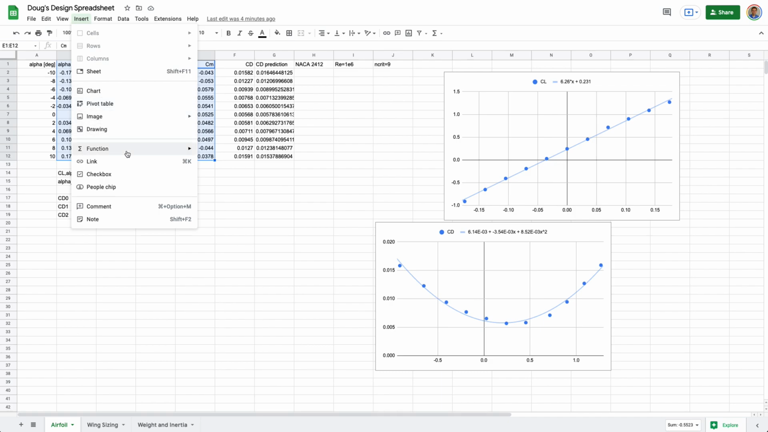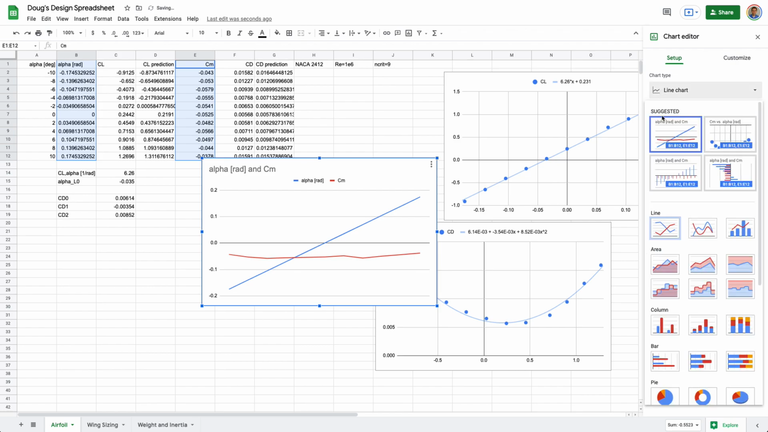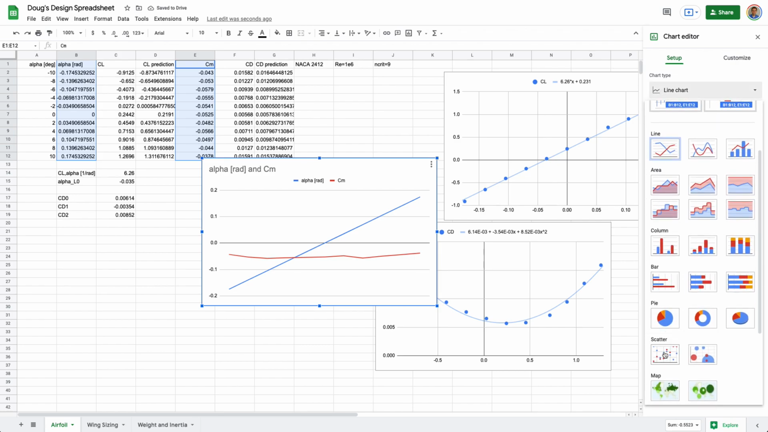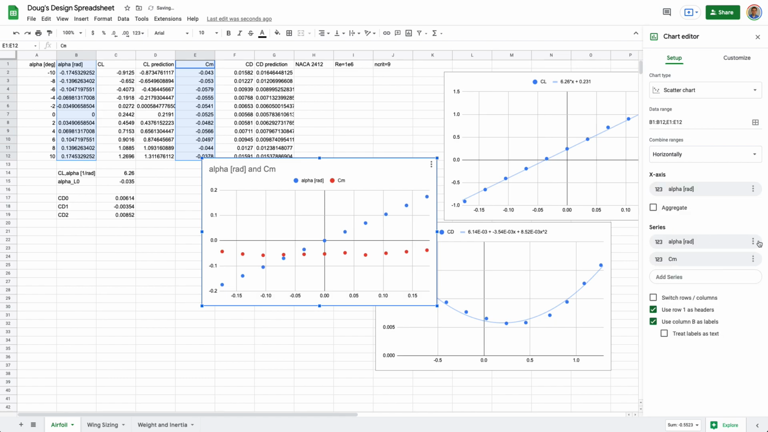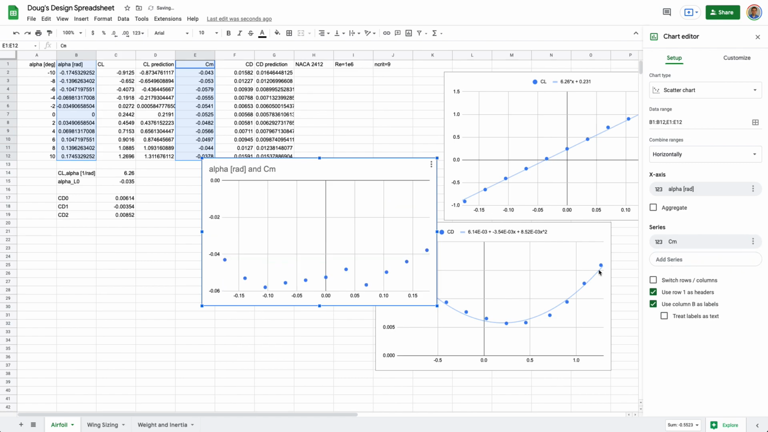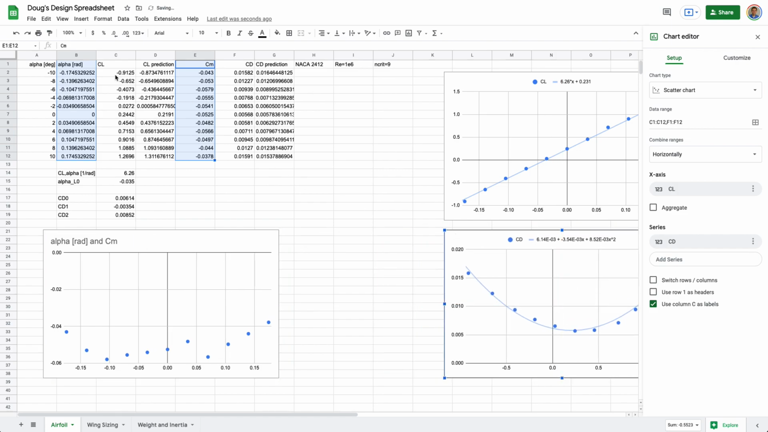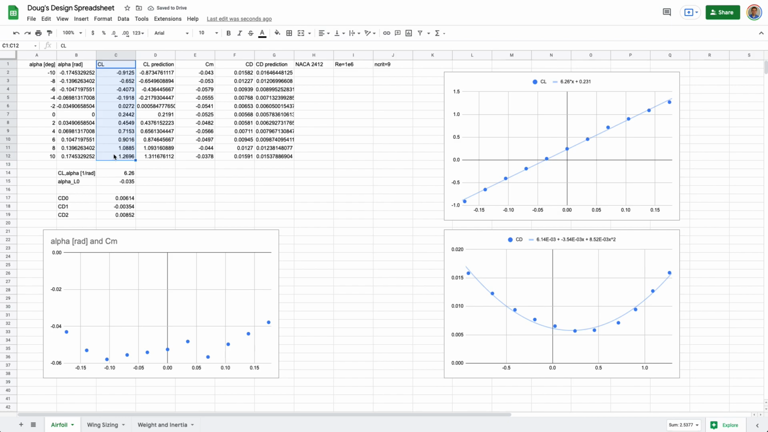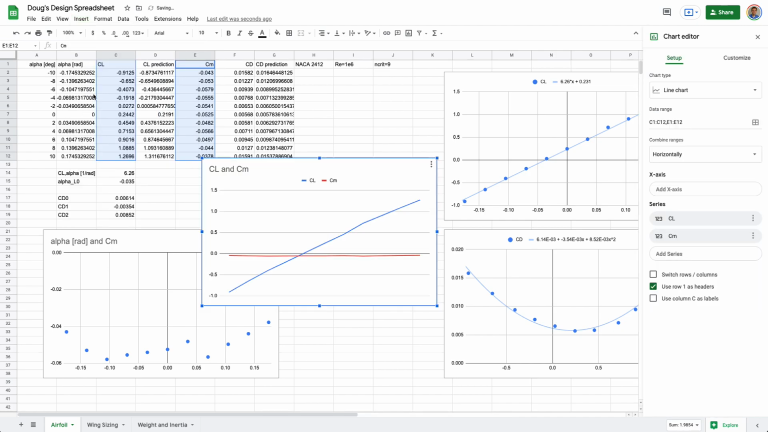So let's insert our chart, and we want this to be a scatter plot again, and we want that to be on the x-axis. Okay, so here's our pitching moment as a function of angle of attack, and while I'm at it, I'm just going to plot pitching moment as a function of lift coefficient so we can kind of compare the two. They're actually going to look very similar because